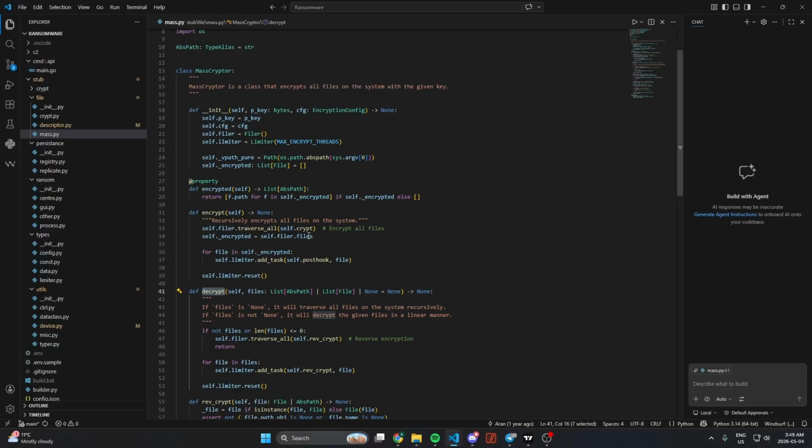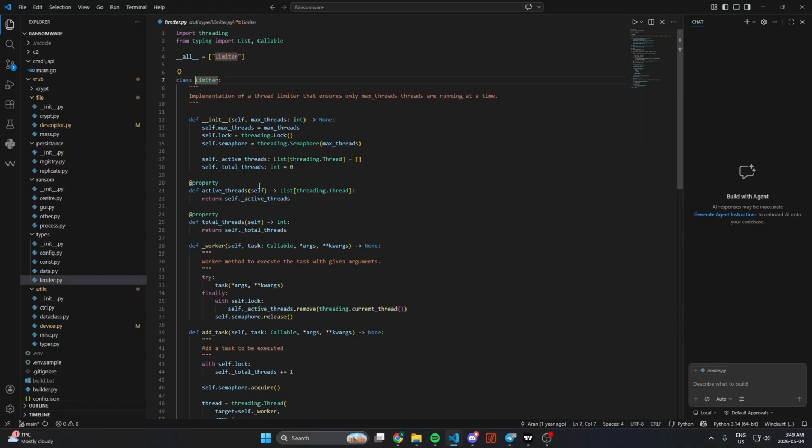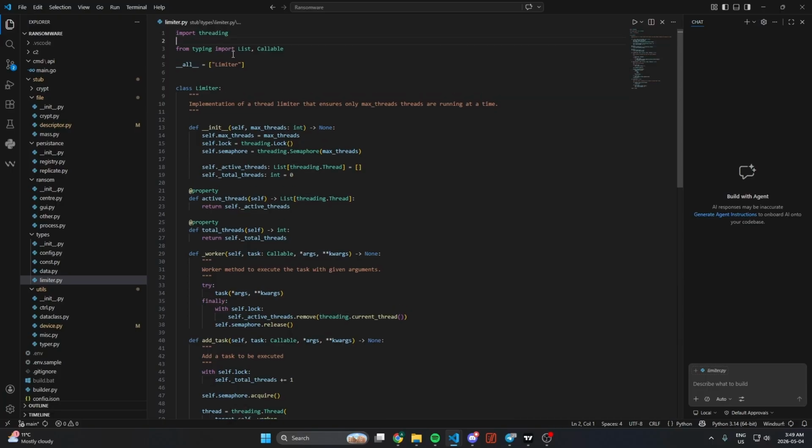Wait, did I use for limiters? Did I use threading? Wait. Alright, this is a mistake. I should have used multi-threading here instead of, or multi-processing. If I use multi-processing,